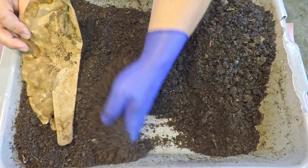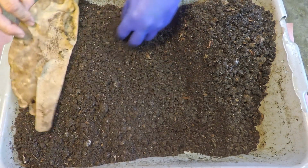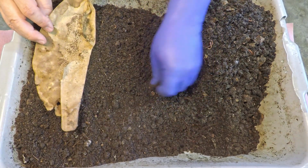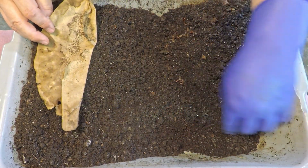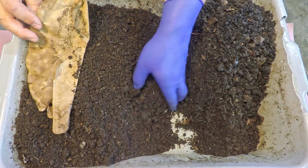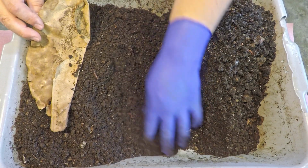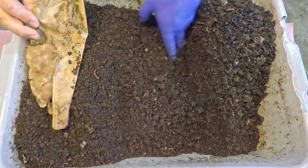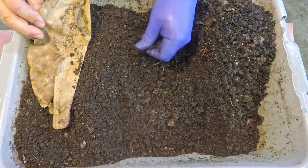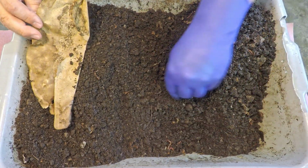So I did feel like I wanted to at some point establish an official line of delineation within this material that would say, hey, from this point on everything is definitely finished castings. And then perhaps some middle section between that and the active feeding area would be a section that could still use a little more time, so it might not get scooped out right away. Perhaps when the system reaches 1 year of age, maybe we'll save that for that point in time, 20 days from now,